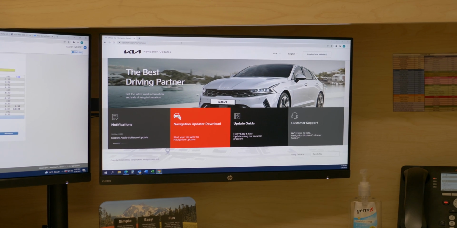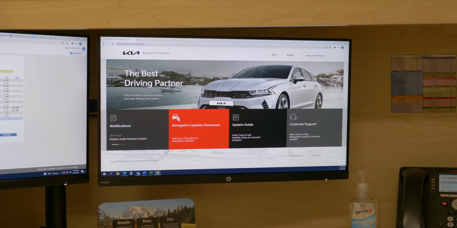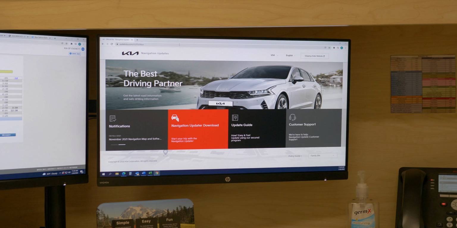Today I'm going to show you how to update your vehicle's audio head unit, whether it has the onboard navigation or whether it does not. It's real easy and it may give you a new look and some additional features and functions that you did not have before. Alright, so you are going to need a computer in order to download the software for your